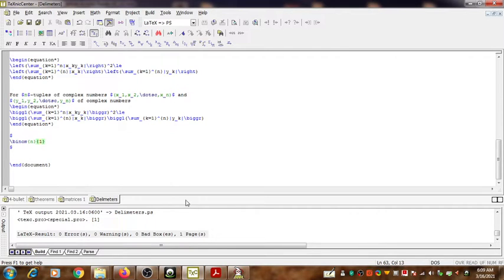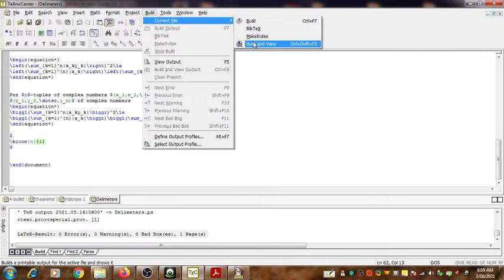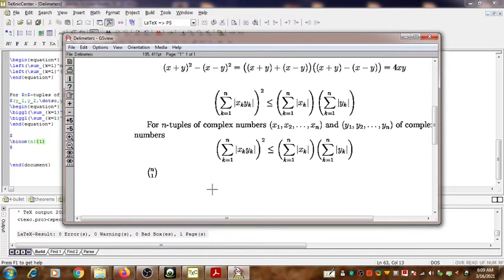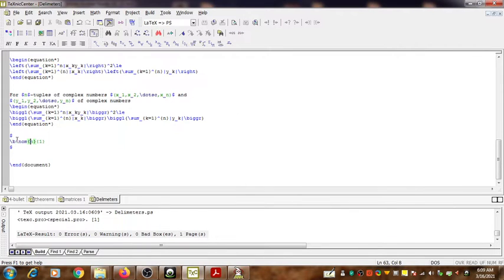Then by building the output, you can see the output nC1. For producing this kind of output you have to use a mathematical environment. But if you are already in a mathematical environment, then you can use the command \binom